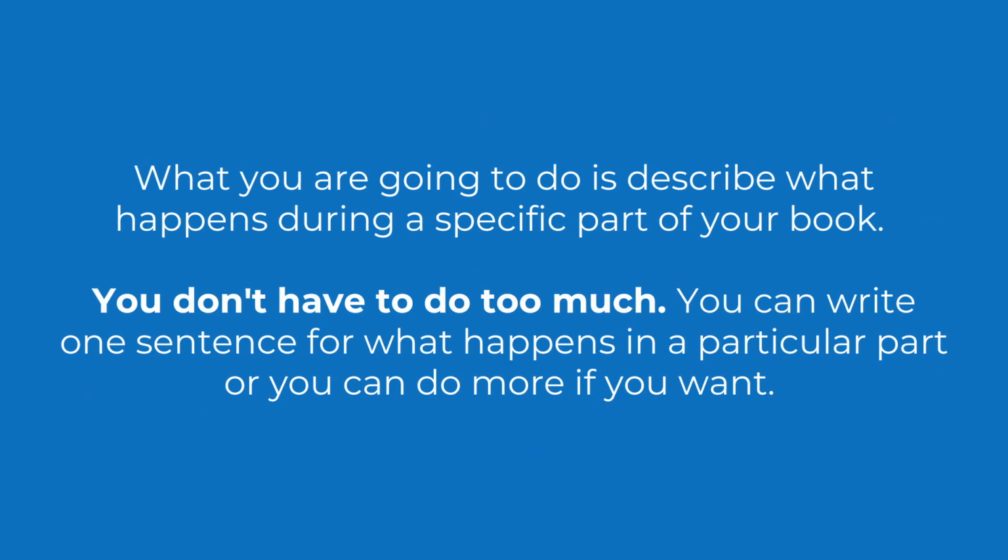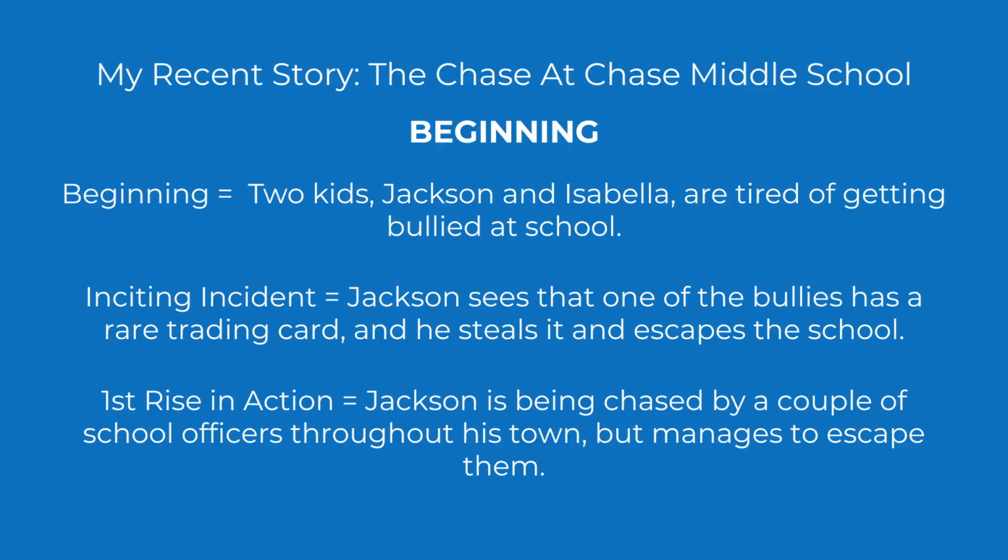What you are going to do is describe what happens during a specific part of your book. You don't have to do too much. You can write one sentence for what happens in a particular part, or you can do more if you want. For example,